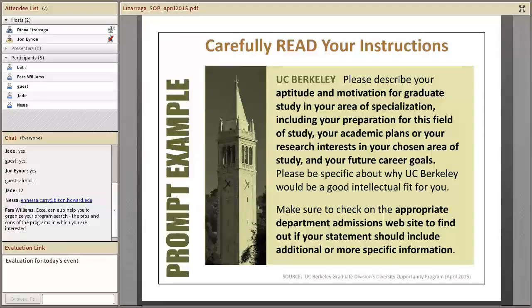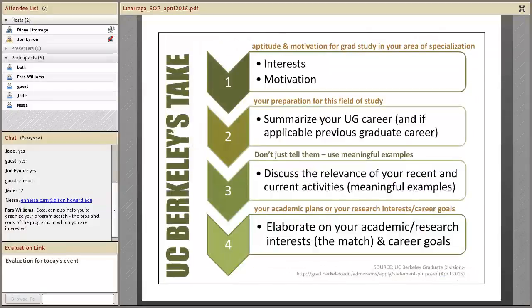The other element that I will mention, and I put it on here, is it says make sure to check on the appropriate department admissions website to find out if your statement should include additional or more specific information. A lot of students don't take the time to do that, but you should do that for every application you apply to, just to be safe. Okay? So as we think about that, UC Berkeley's take on this from the graduate division is,